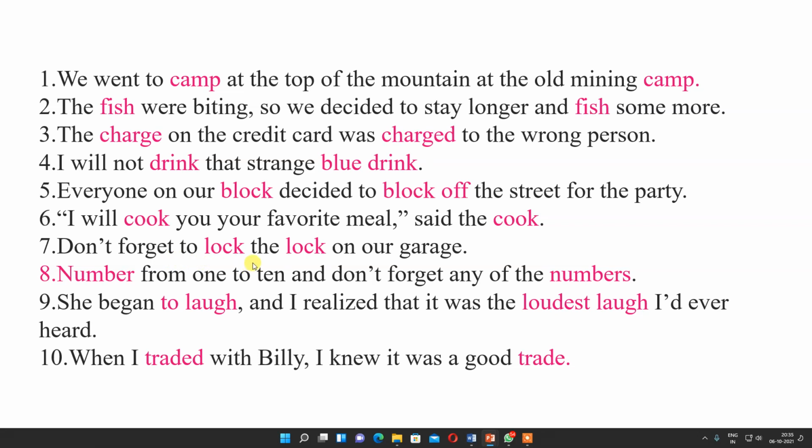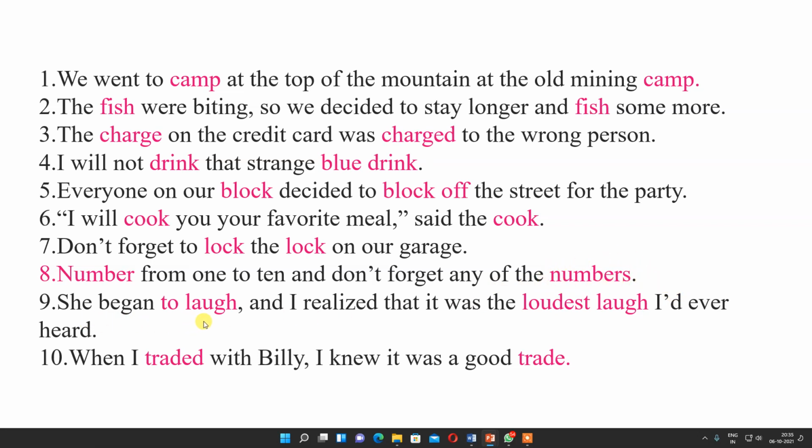Don't forget to lock the lock on our garage. Here lock is the name of the thing which you put in action for locking the garage. Number from 1 to 10 and don't forget any of the numbers. Here the first is the name of the activity and numbers is the verb.